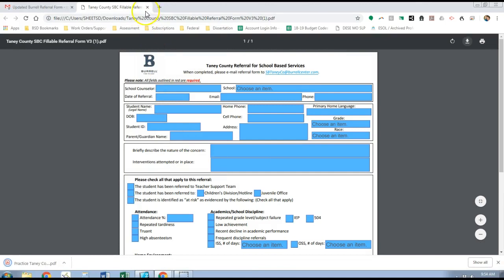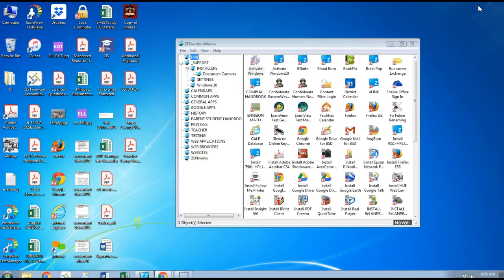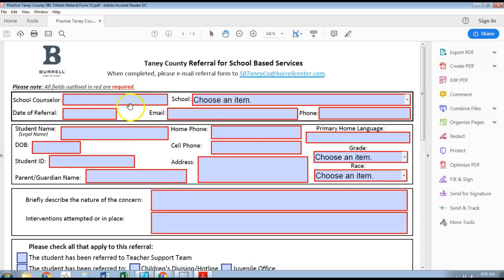So now what I'm going to do is exit out of this form, not use that one. I'm going to go back to my email. When I go to my desktop, I now see the form that says Practice Taney County. So now I can open it and actually type into it. See, when I click into it, it doesn't change it to orange, it keeps it blue. So I'm going to go through the different fields,